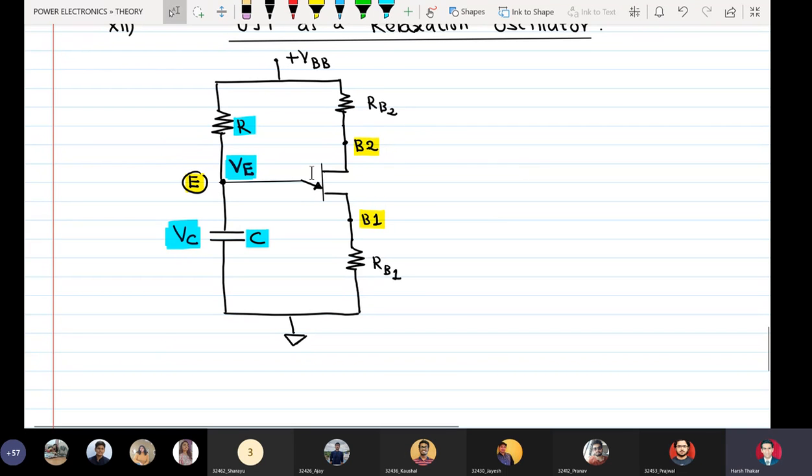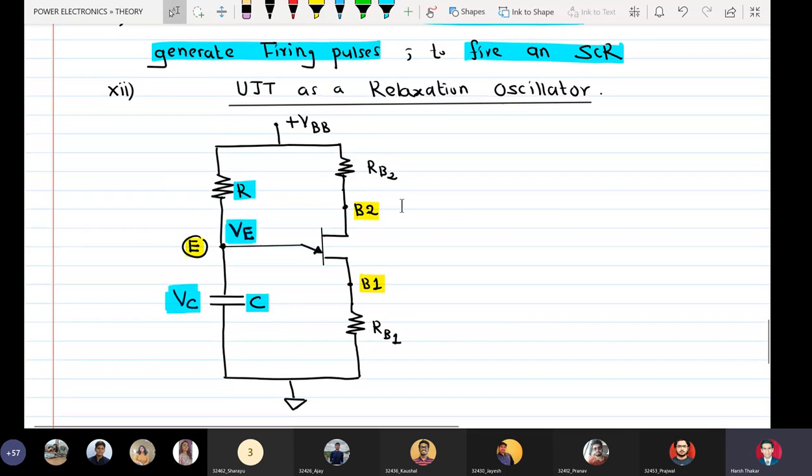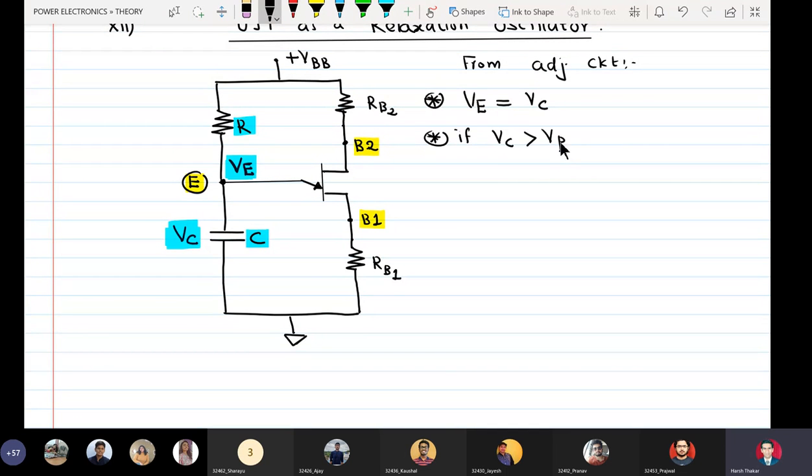So we can very easily write here that the emitter potential is equal to the capacitor potential. From the adjoining circuit, we can say that the emitter voltage VE is equal to the capacitor voltage. That means if the capacitor voltage is greater than the peak point voltage,